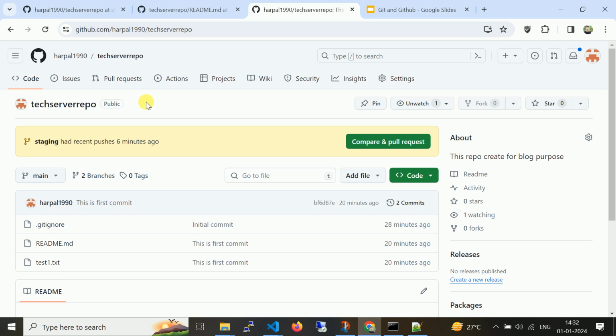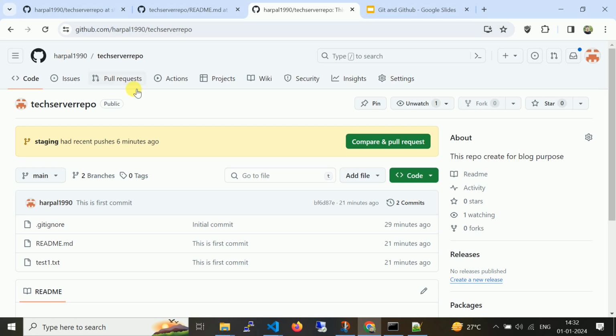Now let me move to the next thing, merge code. So if you want to merge between two repositories, sorry, not repository, branch, you can create a pull request to merge the code. As we know, the staging environment is having updated files, and main is having the not up to date thing. So to merge the code,